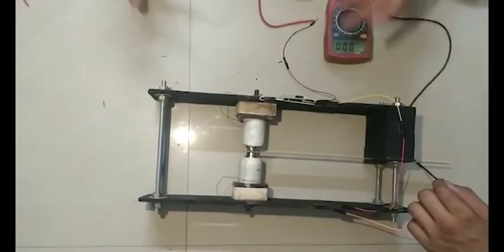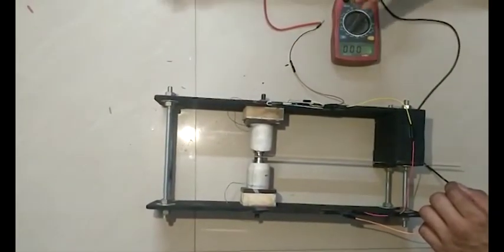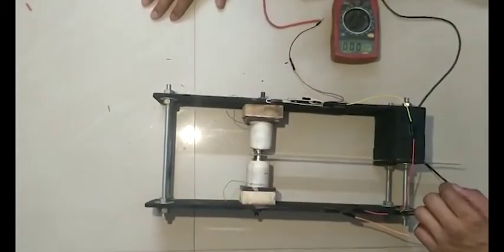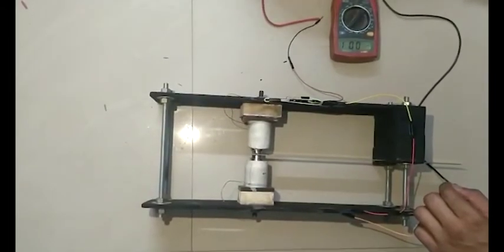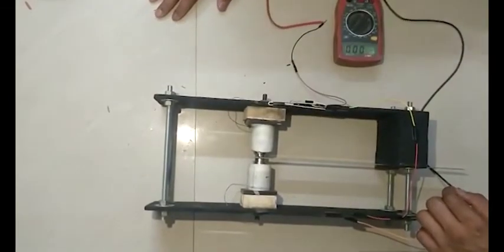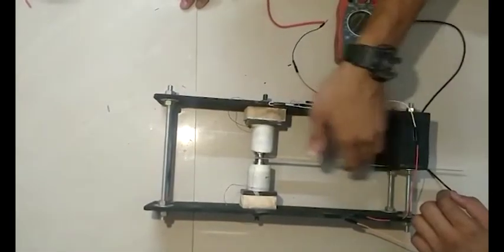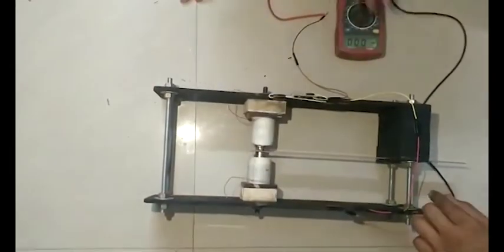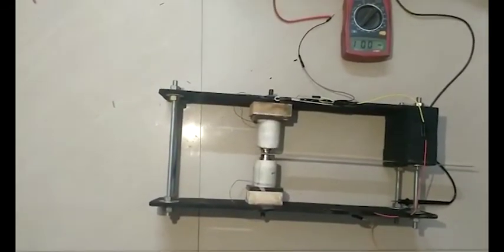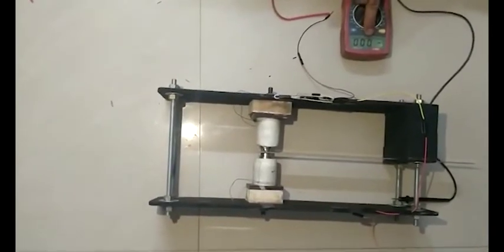So let's say you have a motor housing that is vibrating at, let's say, 500 Hertz. So this beam's natural frequency can be tuned to match that particular housing's natural frequency, and this entire setup can be mounted on that. The tuning can be done for a given range of frequencies by varying the length of the beam as well as moving the coils along, and moving the position of the magnet on the beam. So right now this multimeter is set to millivolts,